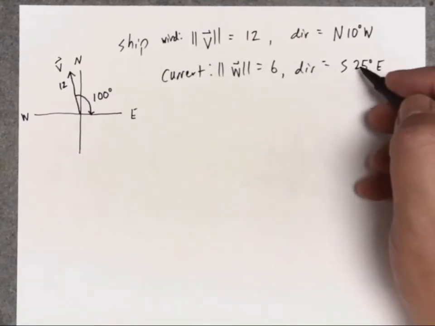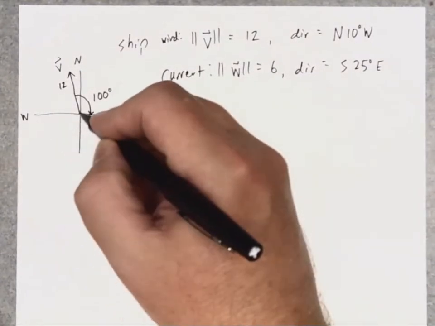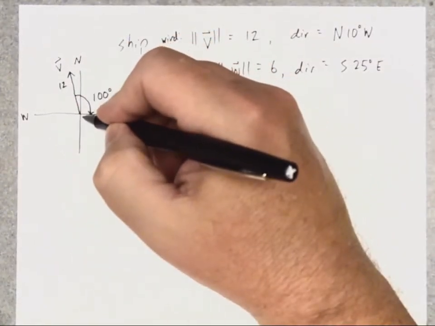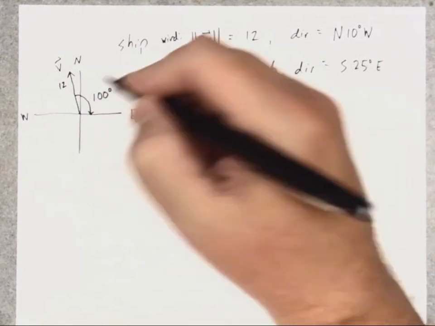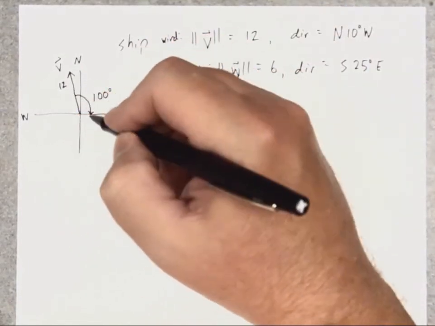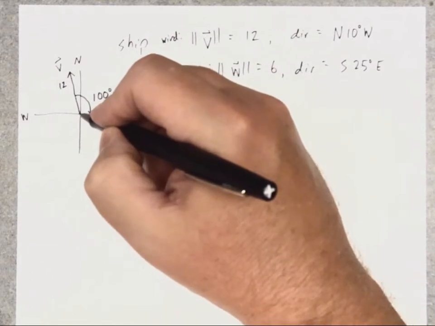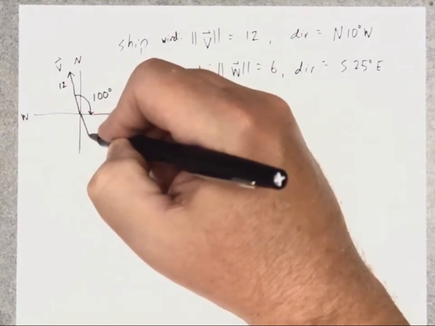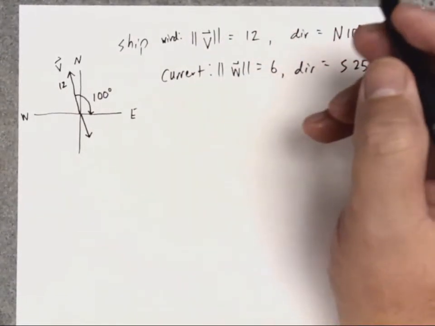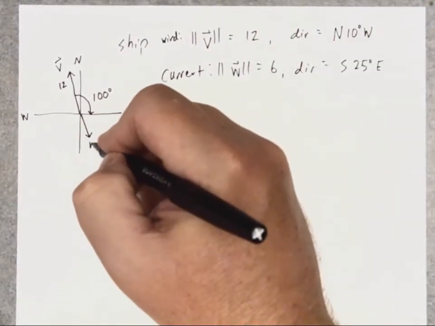So for this one, my direction south is like the negative x-axis, 25 degrees east. And when I draw that vector, it's going to be about half the length of this one. So 45 would be halfway, so maybe